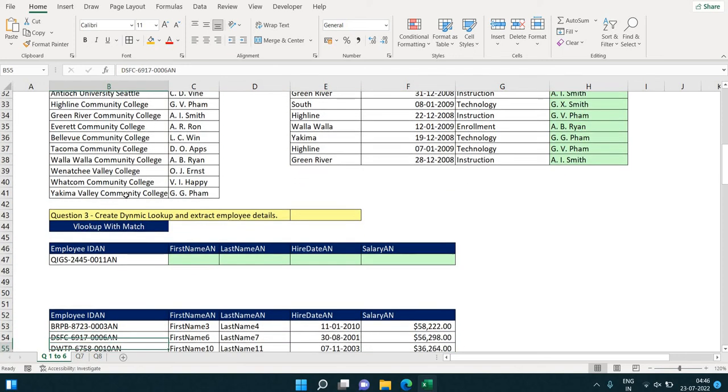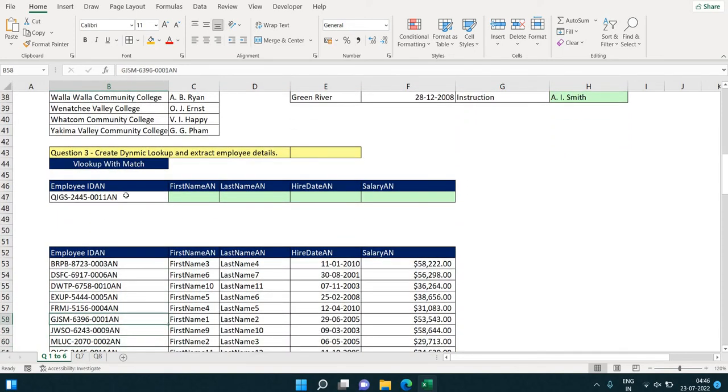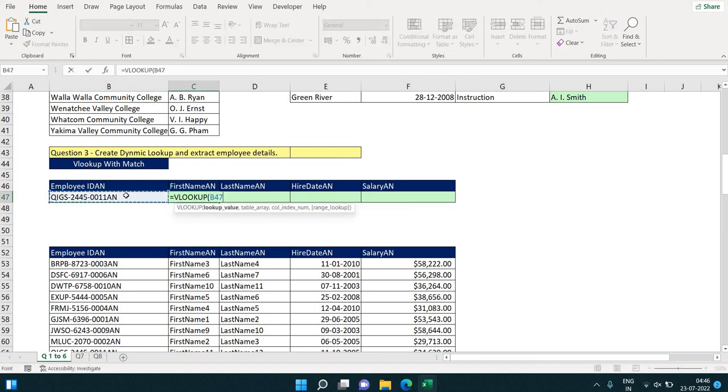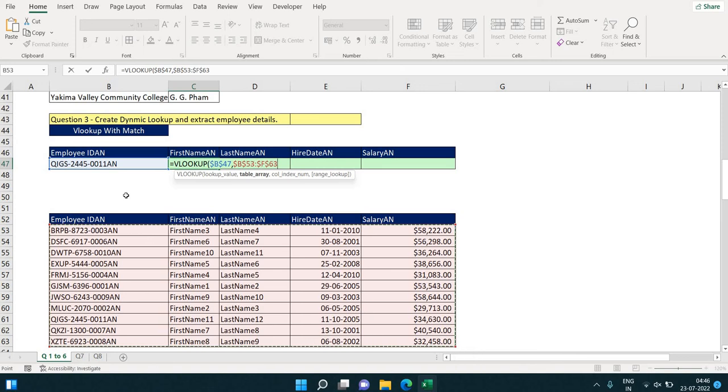Okay, coming to the next one, next question is saying we look up with the match. Okay, we need to create a dynamic lookup, extract the employee names, employee details. So we have the first name, last name, hire date and the salary. So we need to write something dynamic here. Okay, so I'm using VLOOKUP with the match here. VLOOKUP, this is my lookup value, then comma table array. So this is my table array, comma